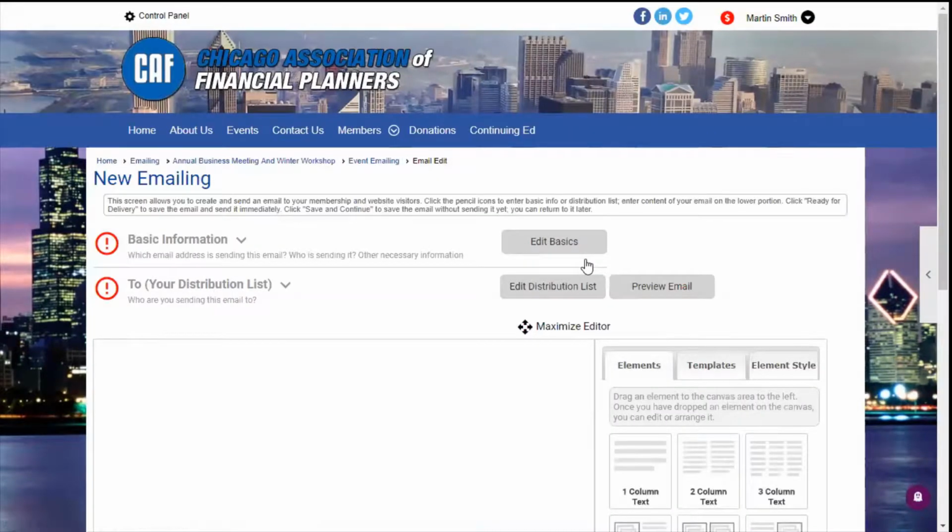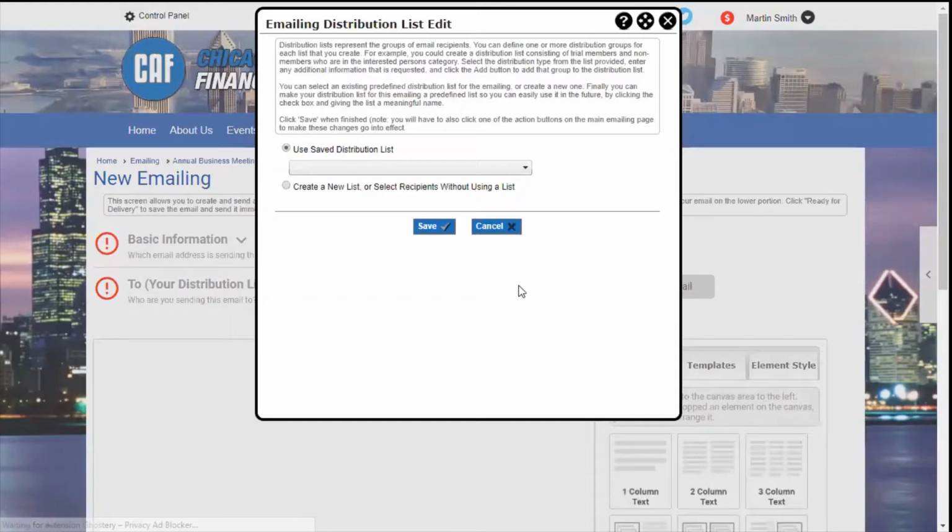Now I came to this, I can go into the control panel. I could have shown it to you this way: go under the communication tab, go to emailing. But the fact is, I came from a specific event. So it knows everything, not only about everyone in my database, but everyone that registered or didn't register for that activity. So when I go to create my distribution list, rather than manipulating a spreadsheet, uploading it into MailChimp, and then sending things out,